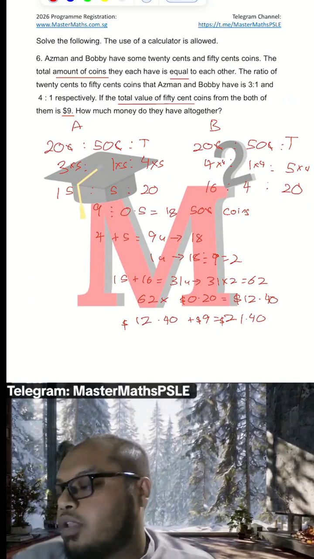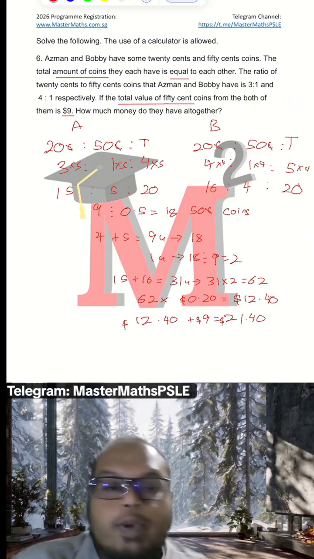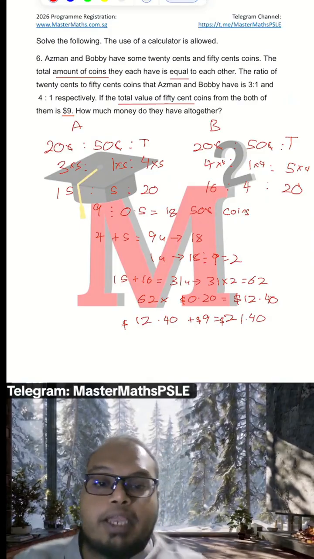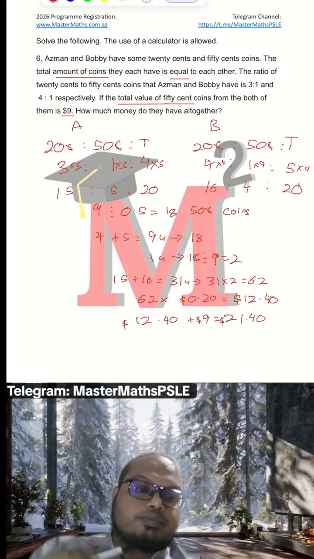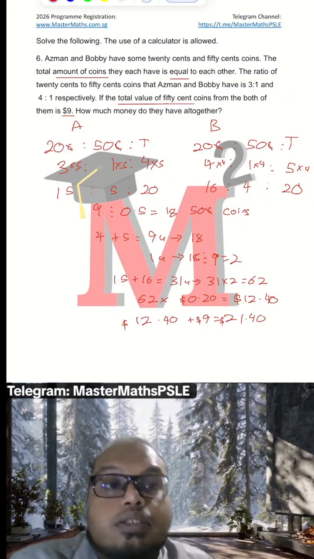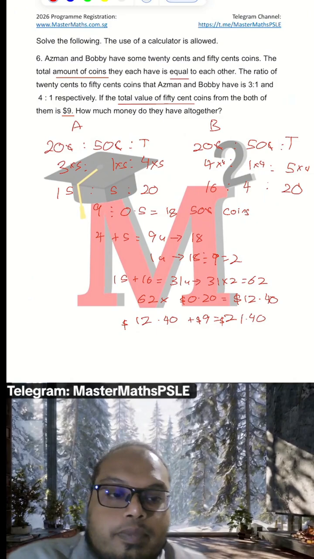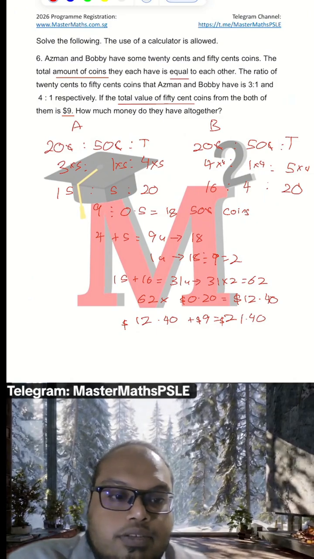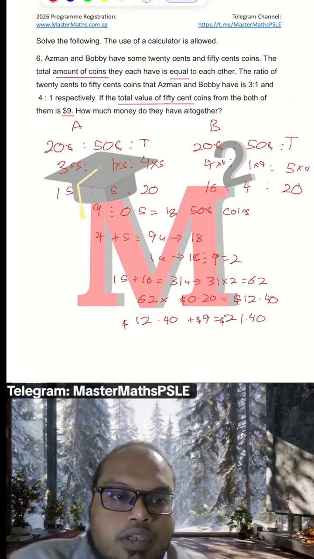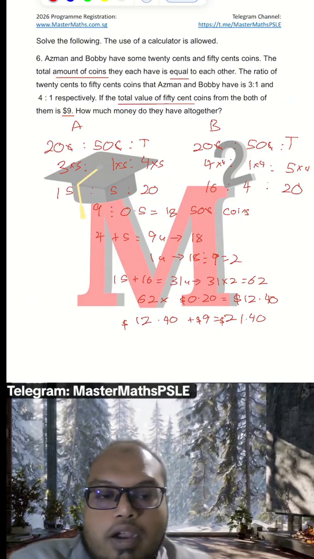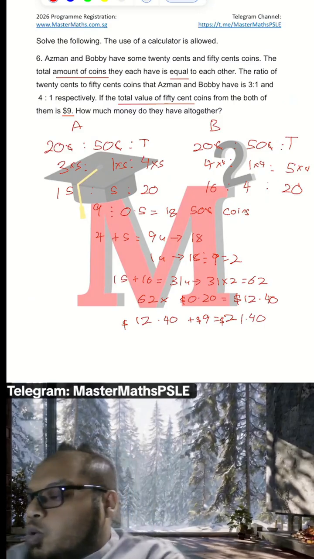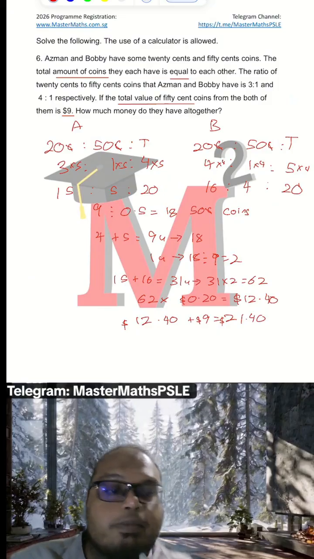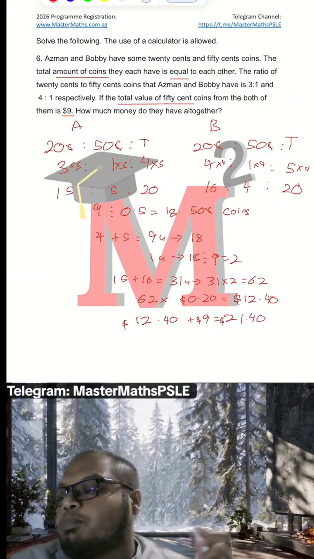Okay? Up till here, anyone got any questions about how I make the ratio the same, about using the total to make them the same? Anyone? Everyone okay? Alright. Now, just now somebody asked me about that last sentence about the total value of the